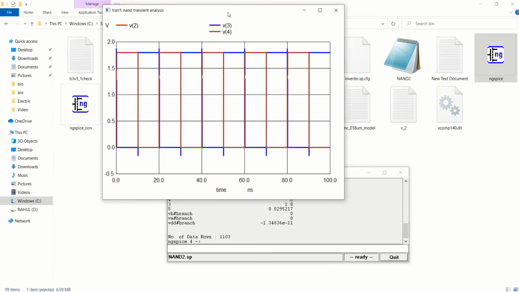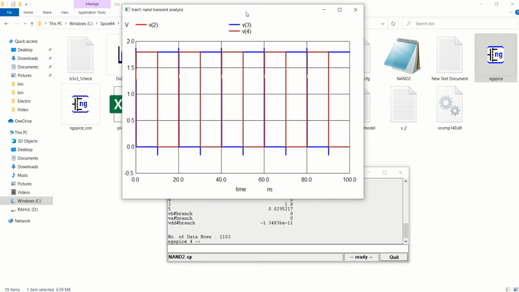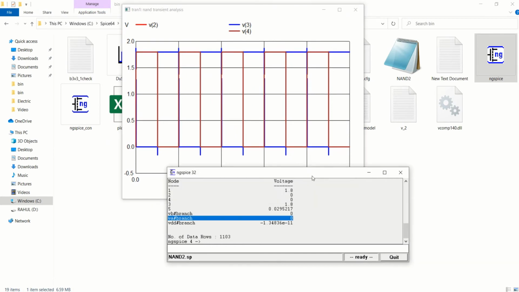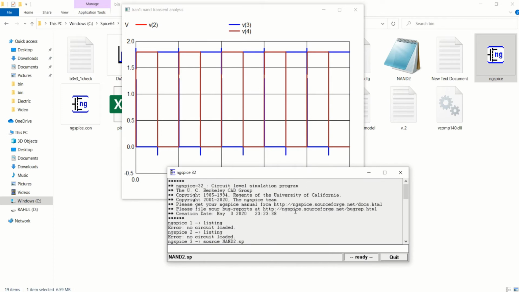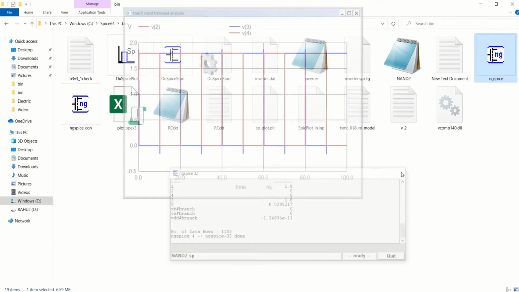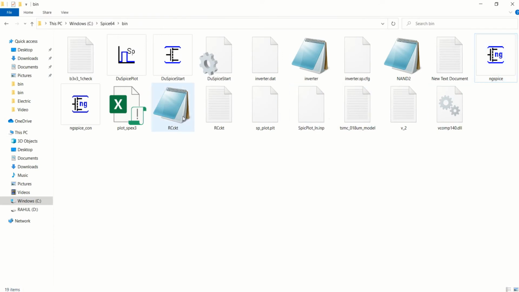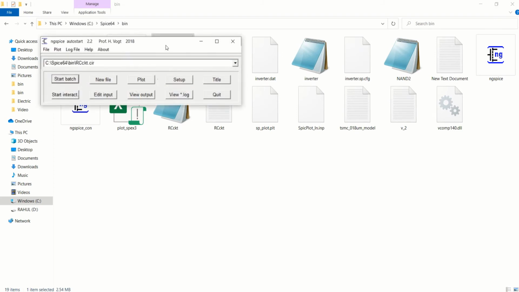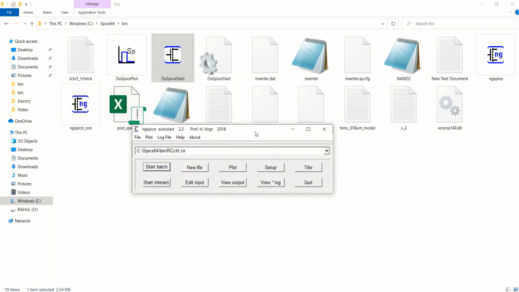So this is the output waveform for the NAND gate. You can see how it is running. If you want to execute in another fashion, you can use the ngspice start. Double click on this. I have explained this process in the previous tutorial.